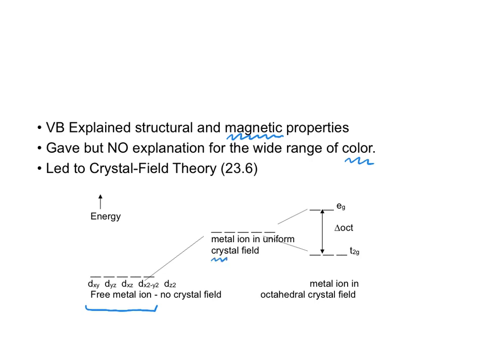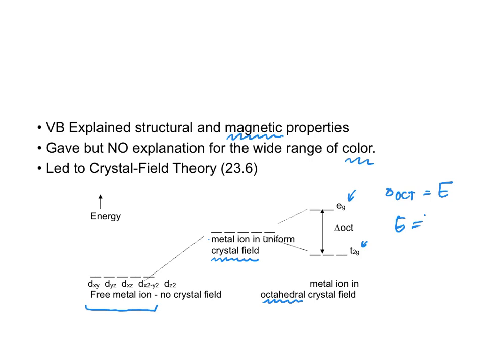When I put them into a crystal field, that raises them in energy, but they remain degenerate. When I put them into what is called an octahedral crystal field, I see splitting of these orbitals. I see 3 go down, they're labeled the t2g. I see 2 go up, they are labeled the eg, and I will say that